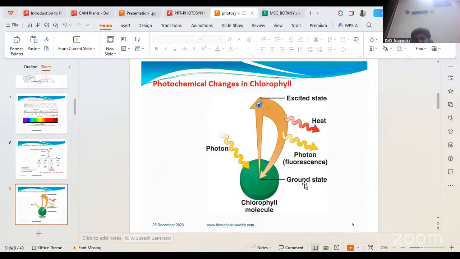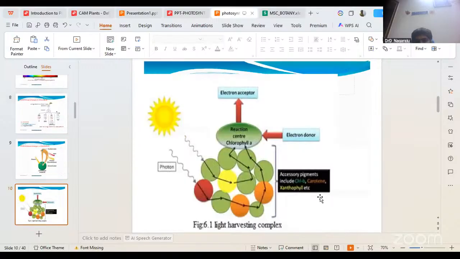Okay, the chlorophyll will get excited and it releases heat and also releases the photons. That proton will be useful for the transportation. The proton transportation will lead to the formation of ATP and NADPH through the electron transport. Along with the electron, protons also will be transported. That transport will be very useful in the ATP formation, and ATP and NADPH only will be useful for the